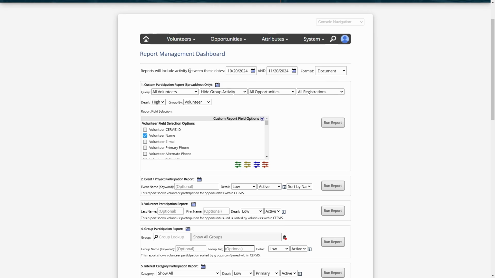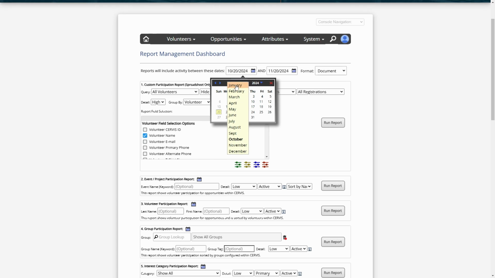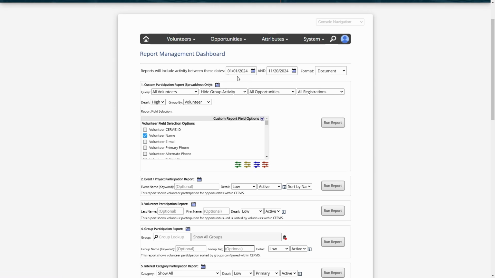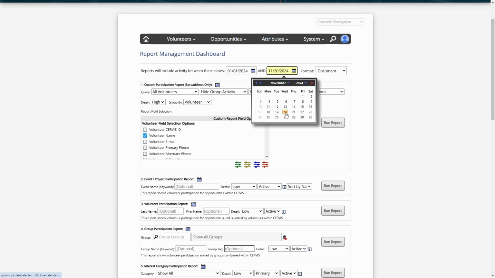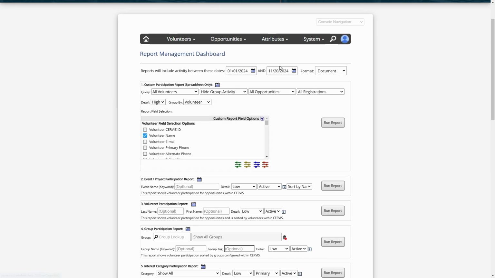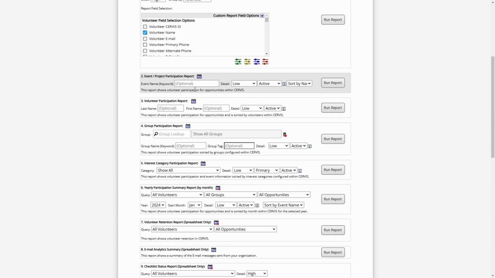Most of these reports will use this date range at the top of the page. So if I wanted to do, for example, year to date, I can set January 1st as the start date and leave today as the end date. That's the default on this page. But of course, I could change that. Maybe I want to forecast through the end of the year. You can do that with these reports, but we'll just leave that as year to date for now. And then we have several reports. We're going to skip number 1 for now, but there are several reports where you might just leave the defaults